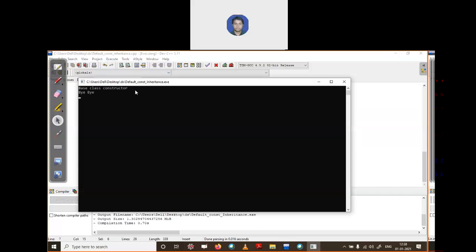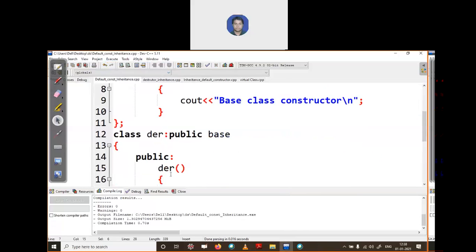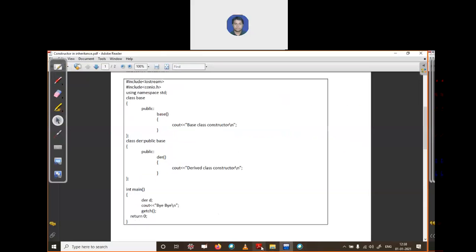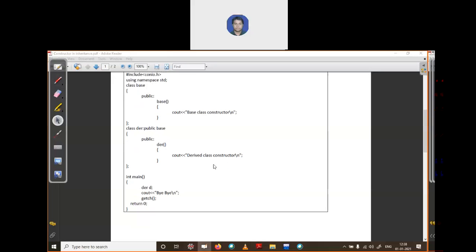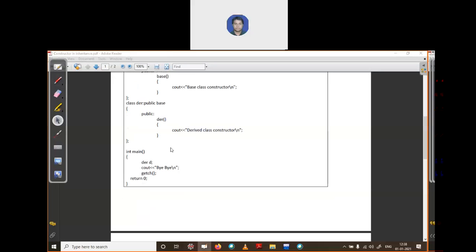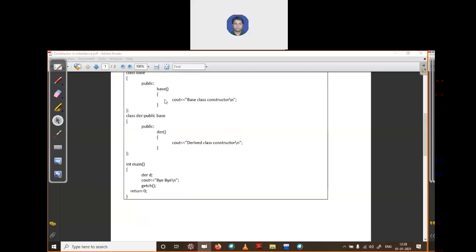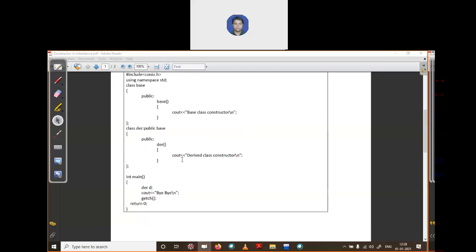Now you can see only the base class constructor is fired, no derived class constructor is fired. So the concept is, whenever you create an object of the derived class, by default it copies the base class constructor into your derived class constructor. In this order, first the base class constructor will fire, then the derived class.